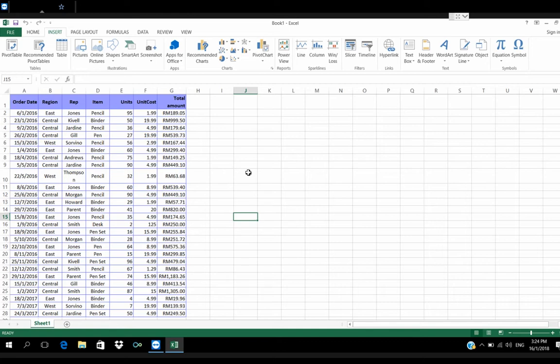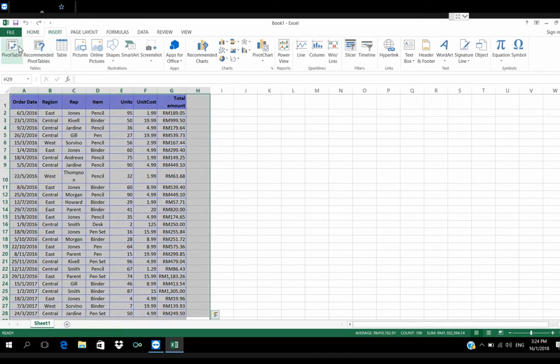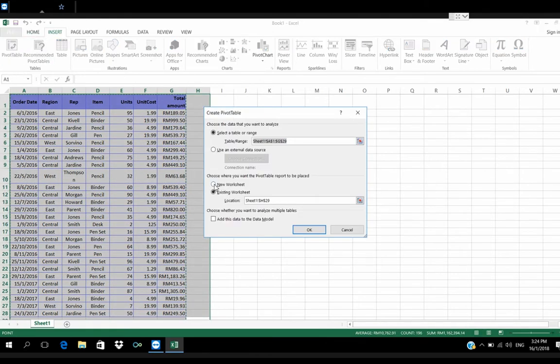First of all, let's look at this spreadsheet data and select the cells to form a pivot table. I'm going to put it in a new worksheet.